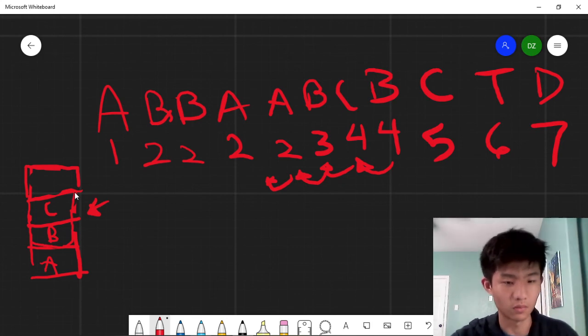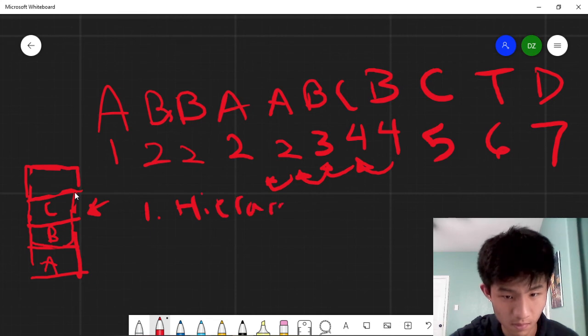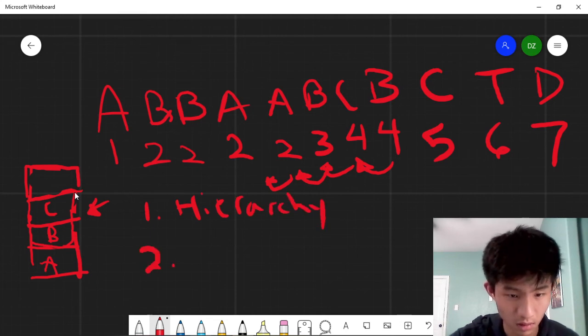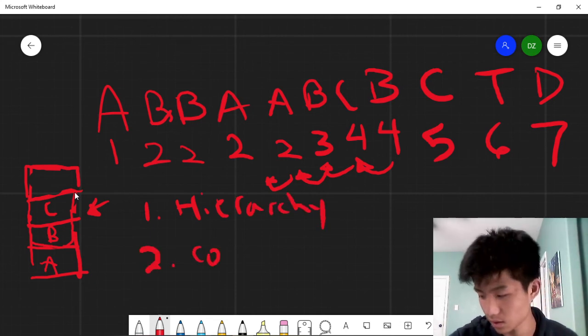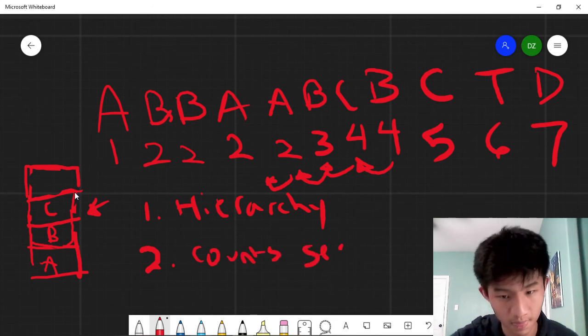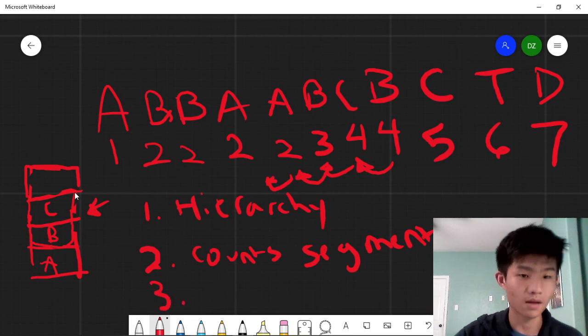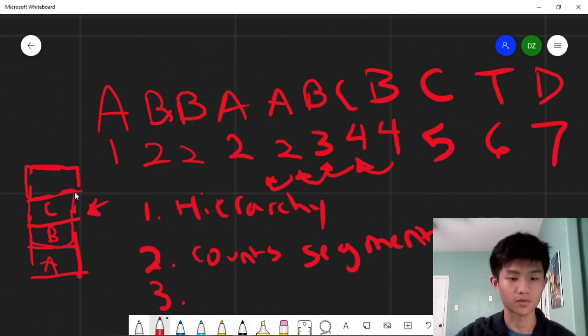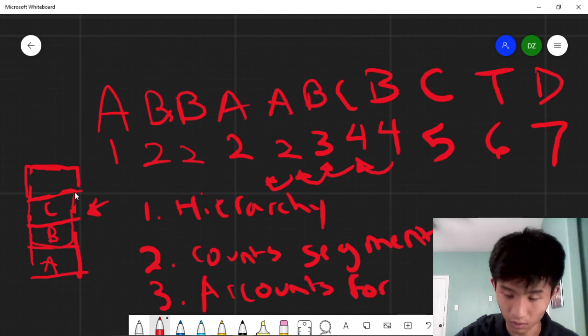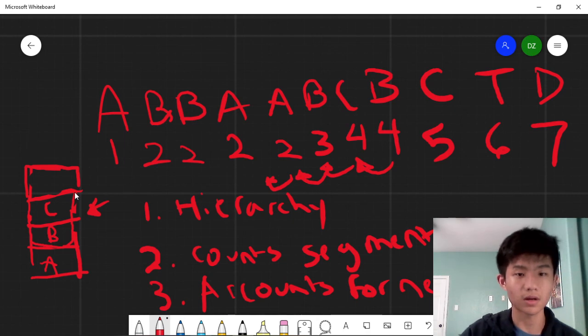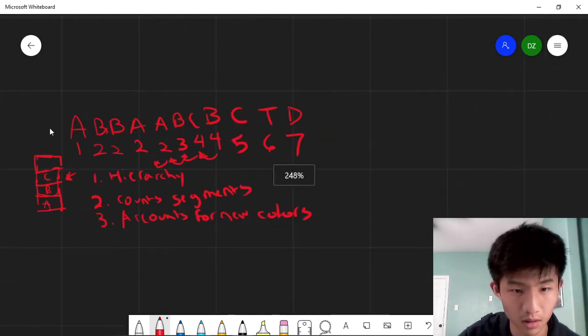So the benefits of stack is that, 1, it keeps a hierarchy, 2, it counts segments, and 3, it accounts for new variables, or new colors in this case, so new letters. So that's kind of the summary of